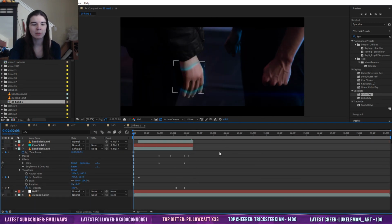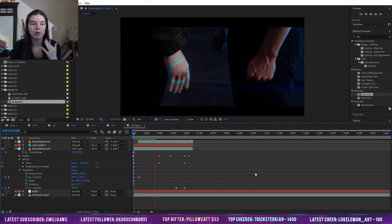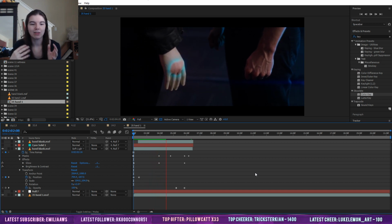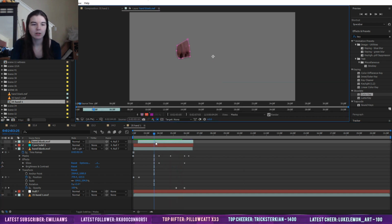That's pretty much the only other interesting part here. But this actually allows me to demonstrate a few different things, including how we actually shot this. So this is hand blank, and this is just regular hand. If you look at the regular footage, this was, of course, a latex glove that Maximilian was wearing. So we did this practically. But in order to have that beautiful transition of the human style skin to the Android interface, we needed to be able to get footage of both his actual hand and the latex hand to switch between. So when we were on set, we actually shot...